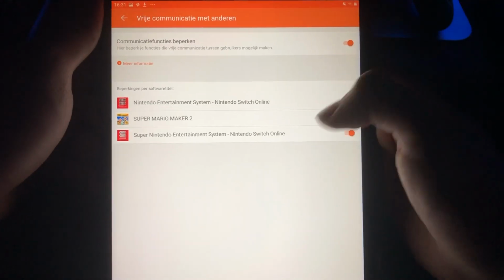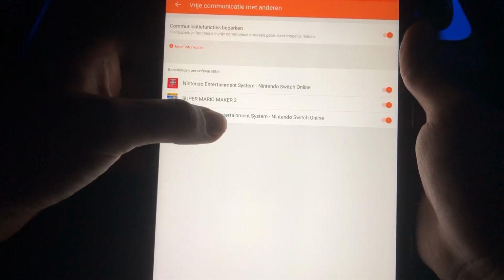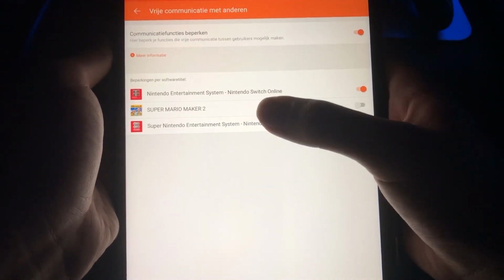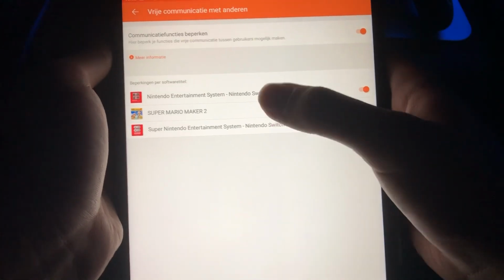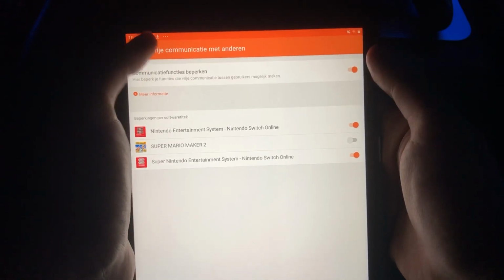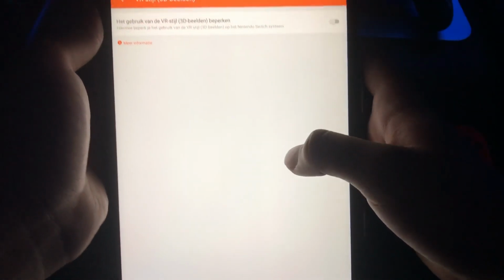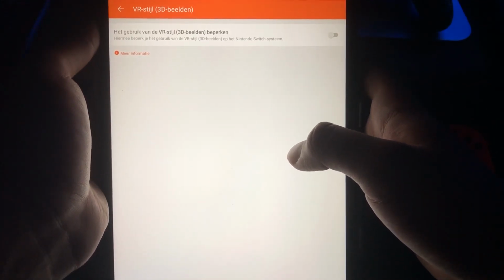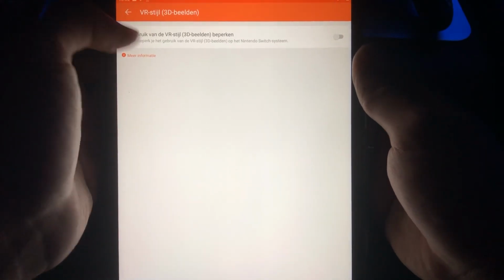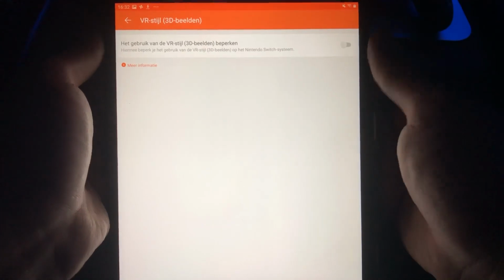And once you go on here, for example, if you want your kid to be able to talk on Super Mario Maker, you want to set this off. So he can talk on Super Mario Maker 2, but he can't talk on the other games like this and this one. Now, let's go in here. And you can enable or disable if you want your kid to use VR style, 3D, things like that. And that's just it.